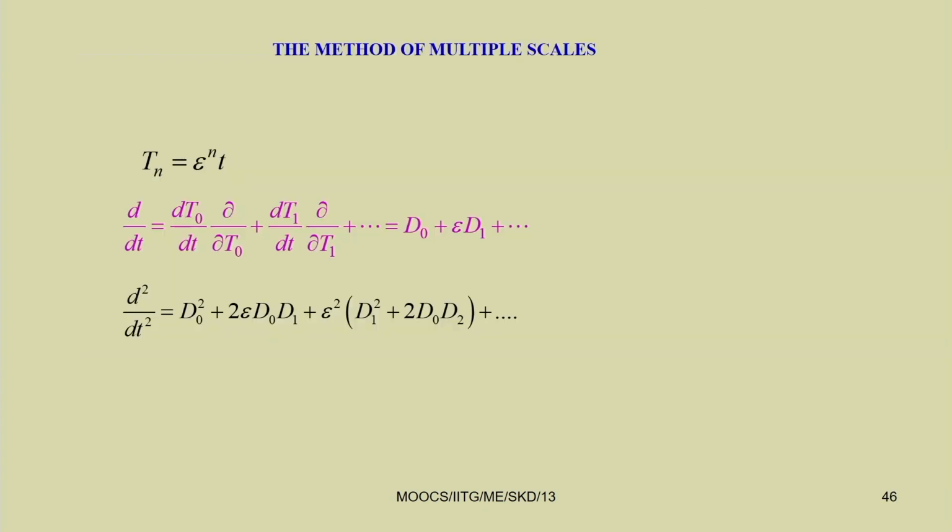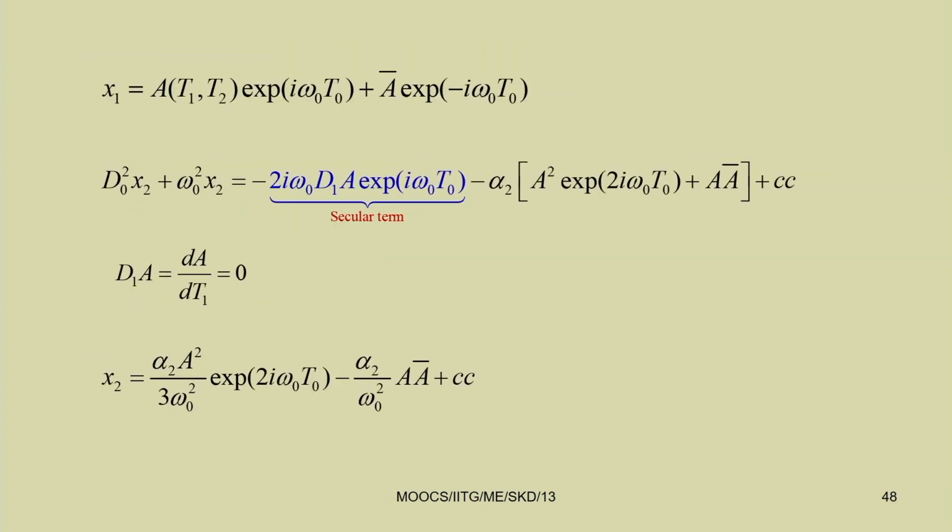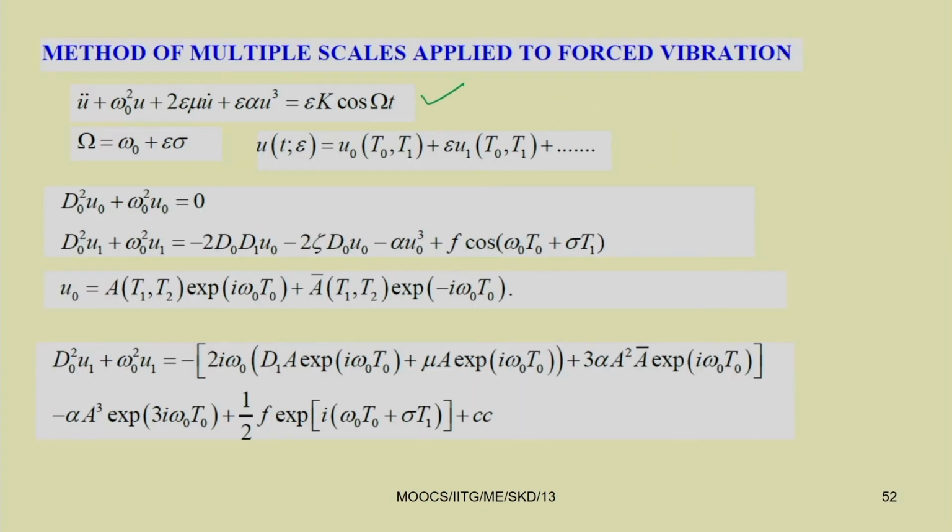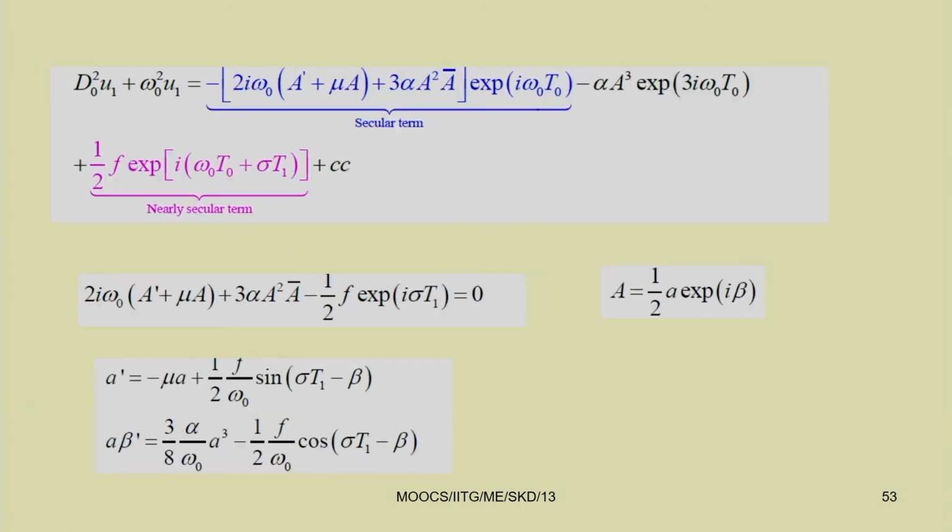For example, this is the equation we have taken: u double dot plus omega 0 square u plus 2 epsilon mu u dot plus epsilon alpha u cube equal to epsilon k cos omega t. This is a weak forcing type of thing. Already you know, for the primary resonance condition we can take omega equal to omega 0 plus epsilon sigma, and if we follow the simple procedure of the method of multiple scales and eliminate the secular terms,